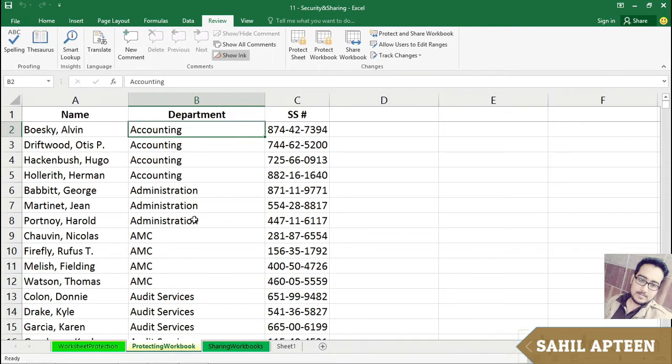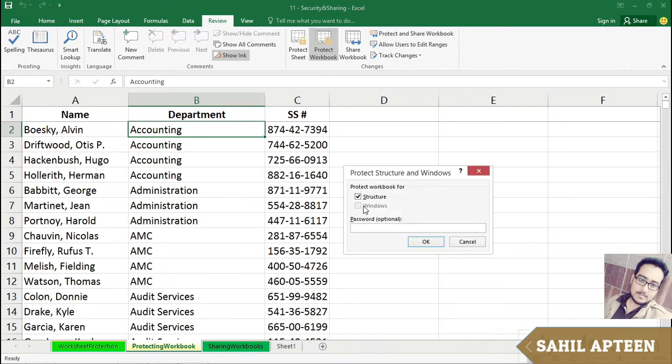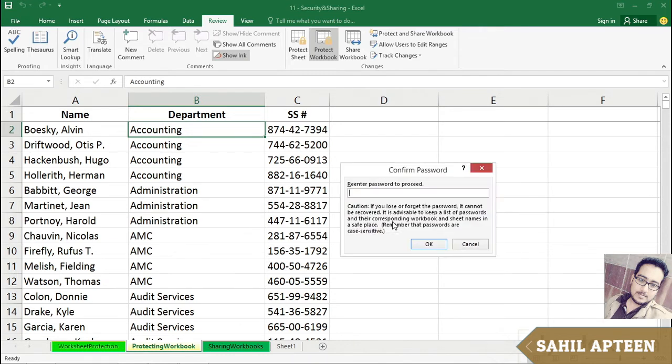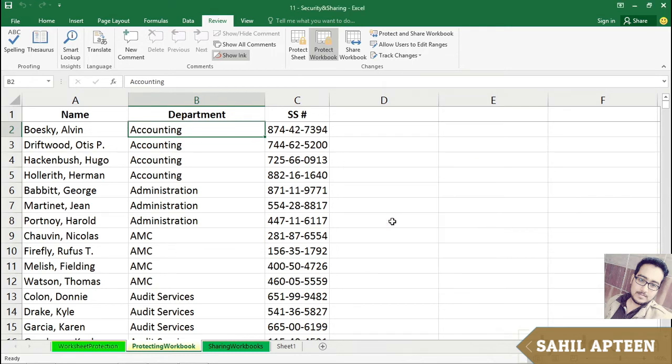and yet others can open this file and use it. By protecting the workbook, and we will give it a password, of course. We're protecting it for structure. So we put in the password, enter, and put in the password again, enter. In this state, another person might be using it, but if I were to right-click on any sheet tab,